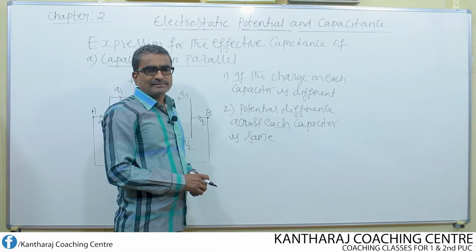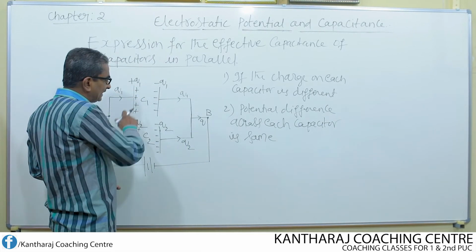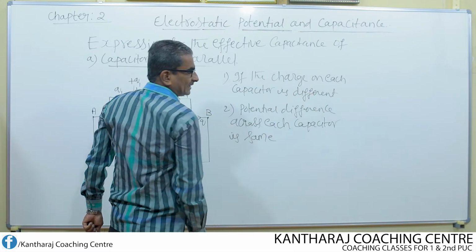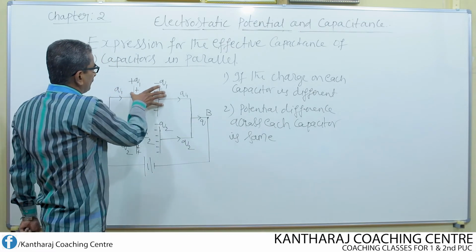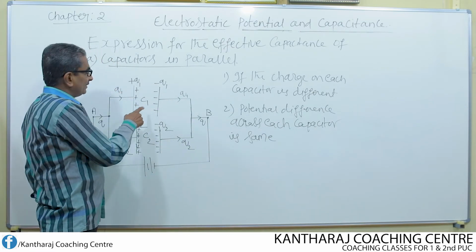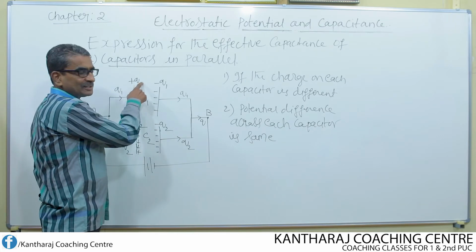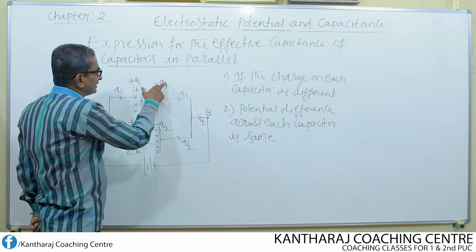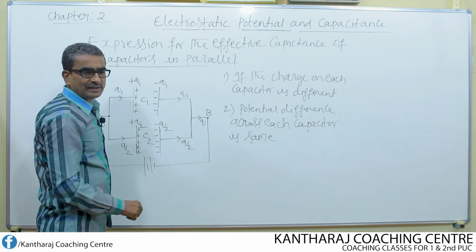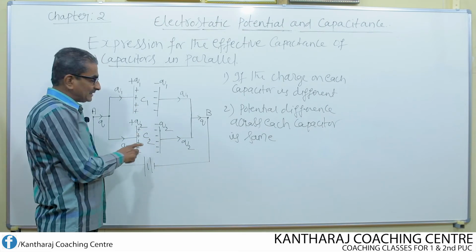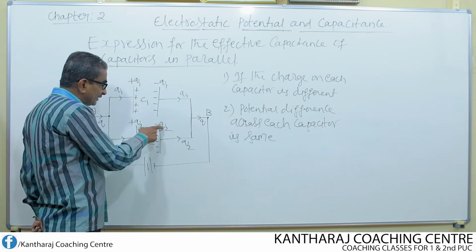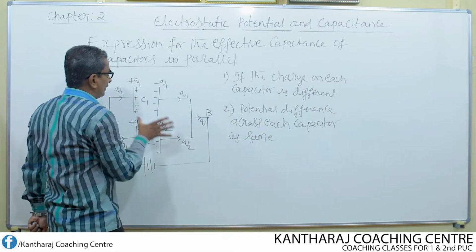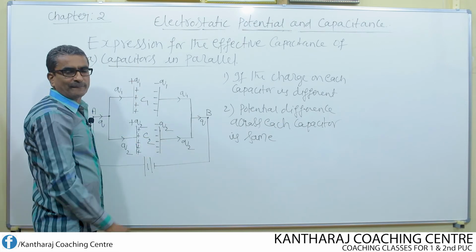Capacitors are said to be connected in parallel like this when the charge on each capacitor is different. Look here, charge on first capacitor is Q1. That means first plate has plus Q1 charge, second plate has minus Q1 charge. Once again, magnitude of the charge is same, but the nature wise it is different. Whereas the charge on the second capacitor is not Q1, it is Q2. So that is what we have written. Charge on each capacitor is different. On this it is Q1, on this it is Q2.